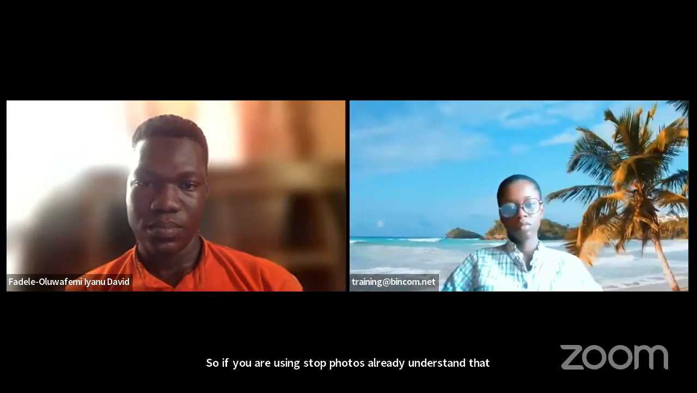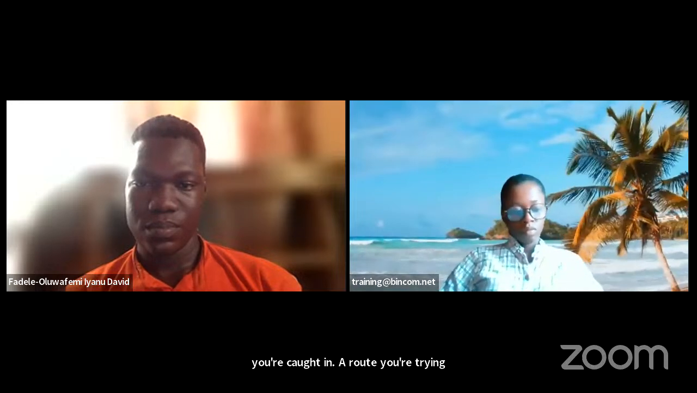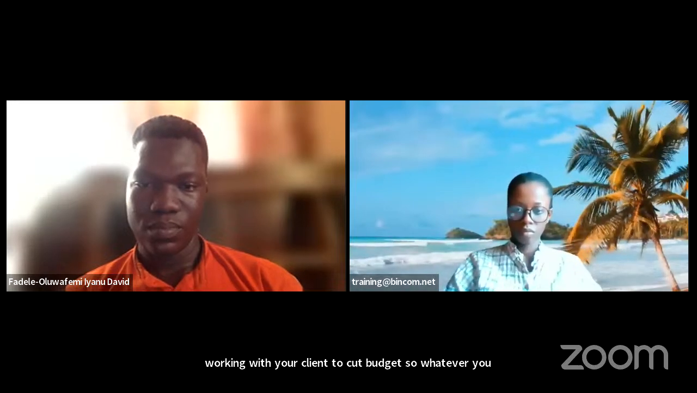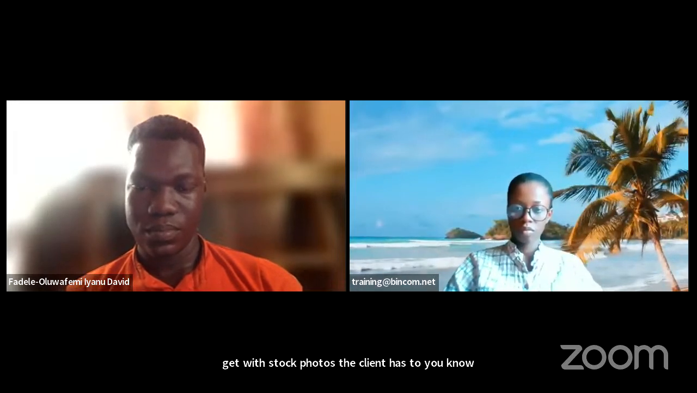You're working with your client to cut budget. So whatever you get with stock photos, the client has to work with it or do a live one. Then also concerning